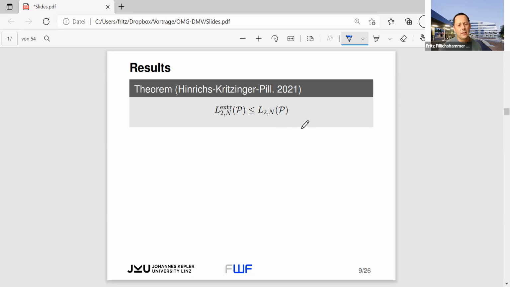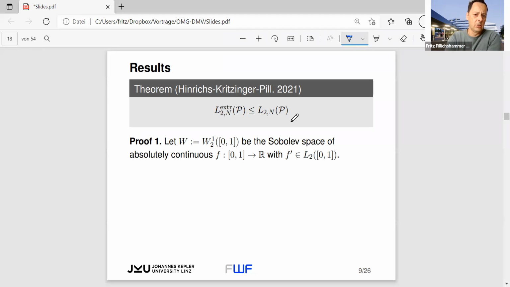The proof of this result is not as obvious as in the previous case, but I would like to give you a short sketch of the proof, also in order to give you an idea of how we can exploit this connection between numerical analysis and discrepancy theory to prove results in discrepancy theory. Okay, so we study